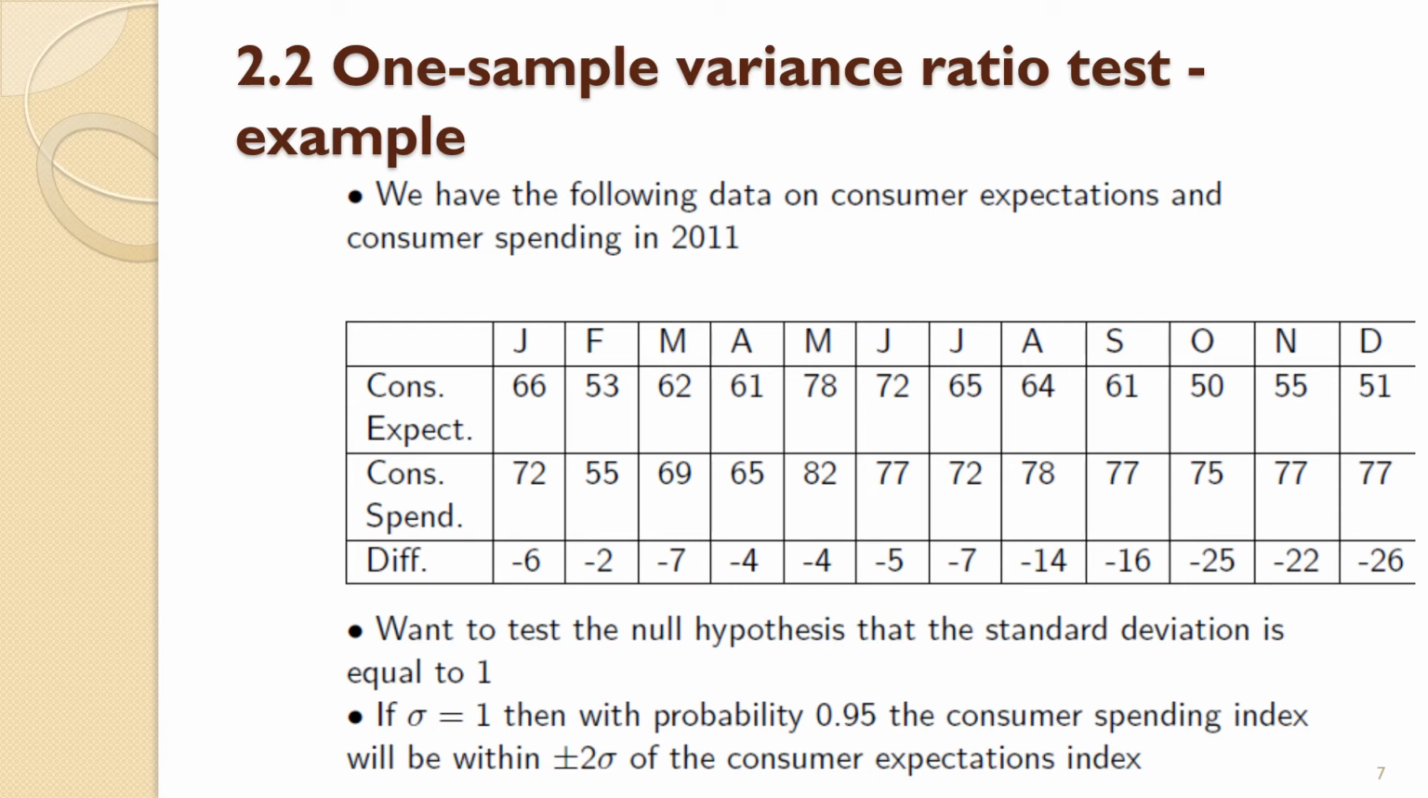Slightly contrived example here, but you're asked to test the null hypothesis that the standard deviation is equal to 1. Again, this is a slightly odd way of phrasing it, but to put this in more concrete terms, if the standard deviation was equal to 0.95, I should say, the consumer spending index would be within 2 standard deviations of the consumer expectations index, so within 2 of the